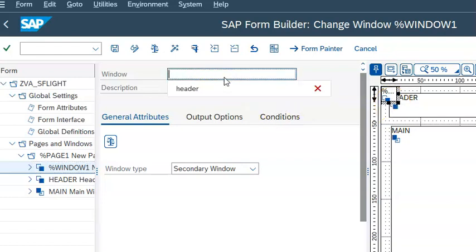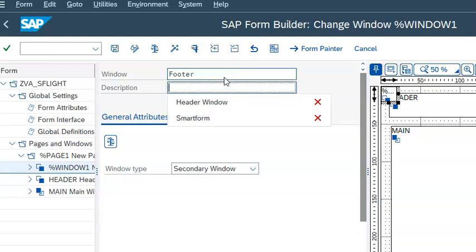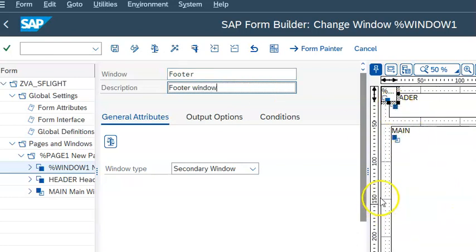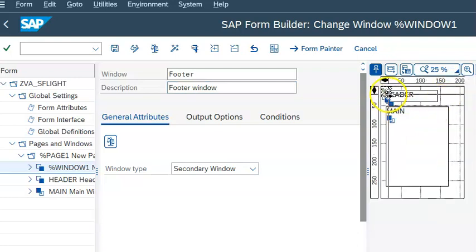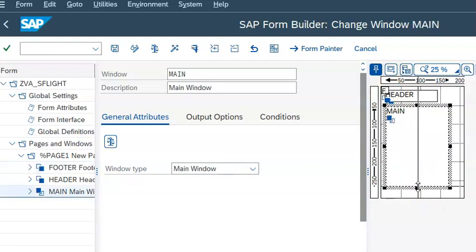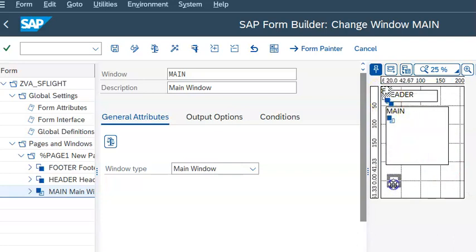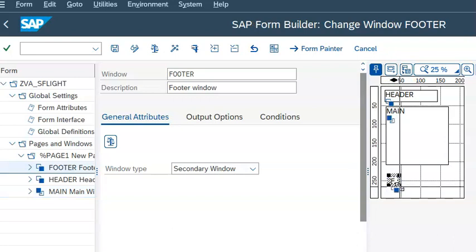Since we don't give any dimensions for this window, it will come on the top. So we have to just change the positioning of that window. Let me pull this footer here, place it and expand it. So this is the footer. Now we'll go ahead and